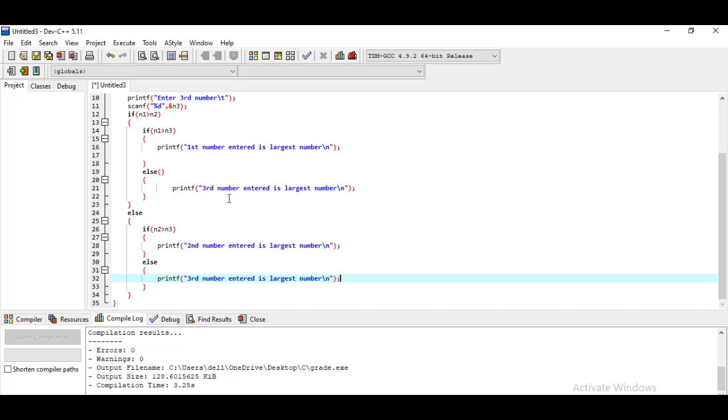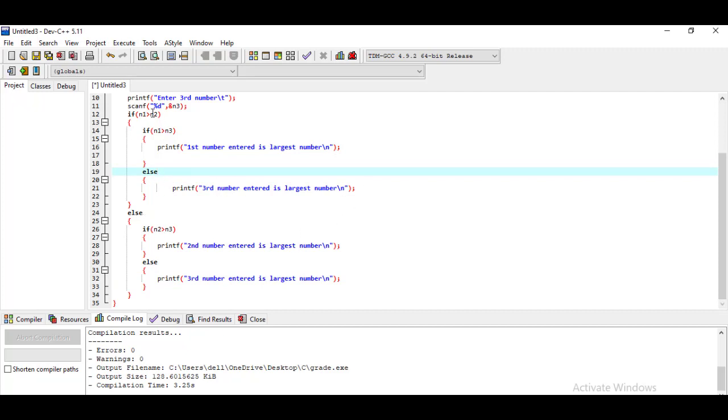So what we have done over here, we have first checked the number. For the first condition we have checked that n1 should be greater than n2. If n1 is greater than n2, and within that we have also checked that n1 is greater than n3, then it will display the message first number is the largest number, else it will display a message that third number is the largest.